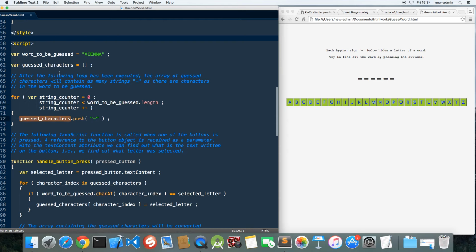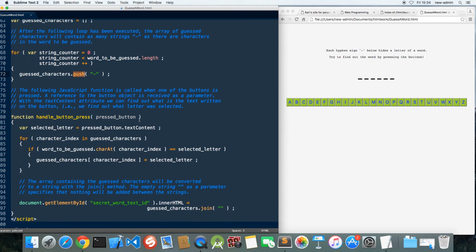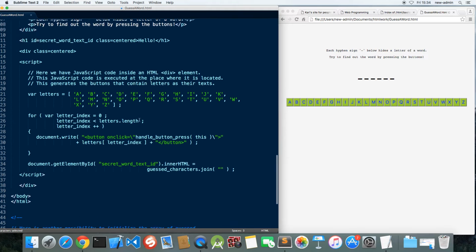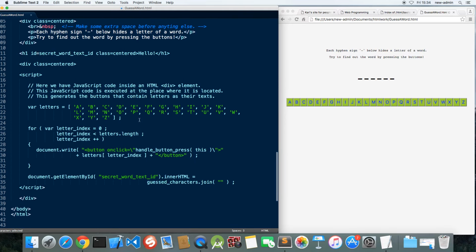So at the beginning this array will contain as many strings containing a single hyphen character as there are characters in the word to be guessed. So with the push method I add one more element to the end of the array. And so when this statement is executed,